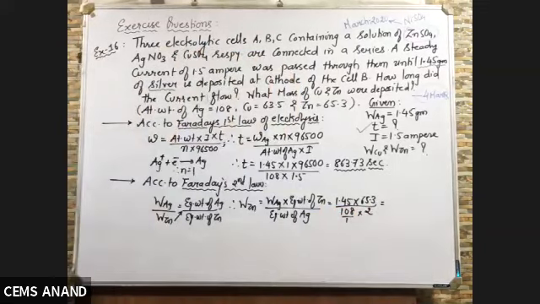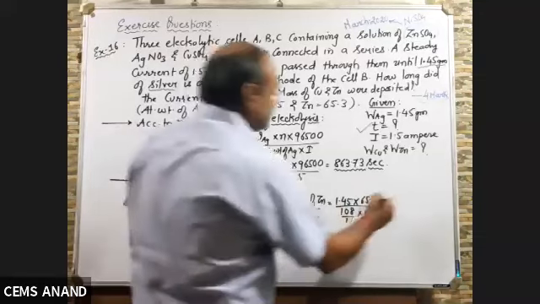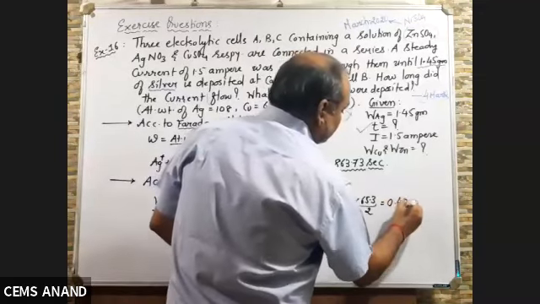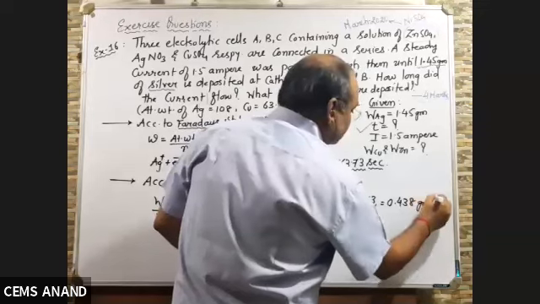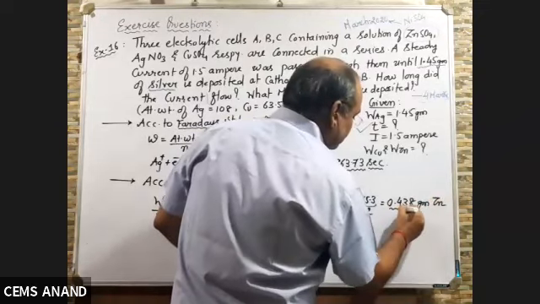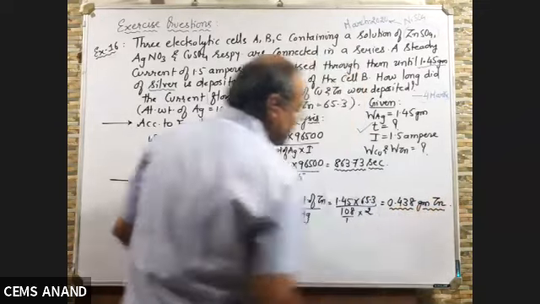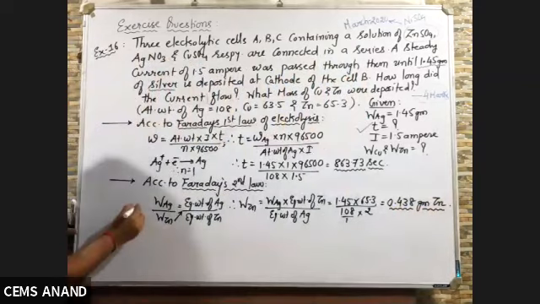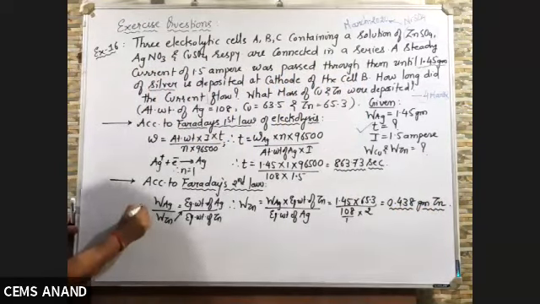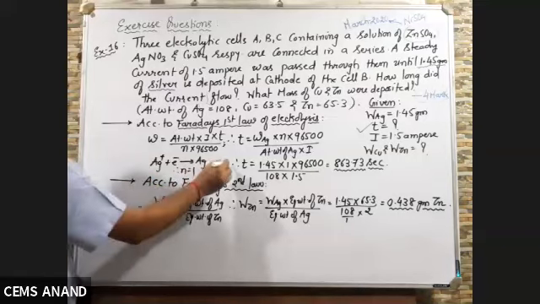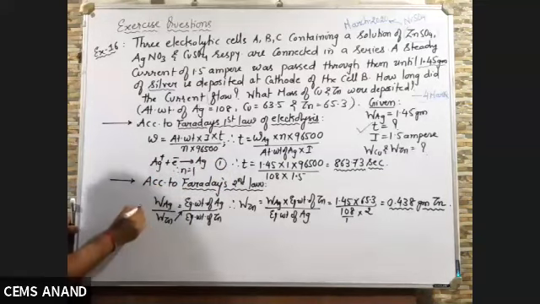If you solve, the weight of zinc will be 0.438 gram. 0.438 gram of zinc will be deposited. Similarly, you can find out. This was your first answer, this is your second. Third,